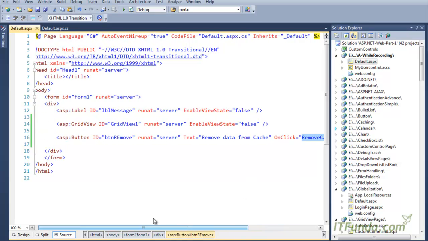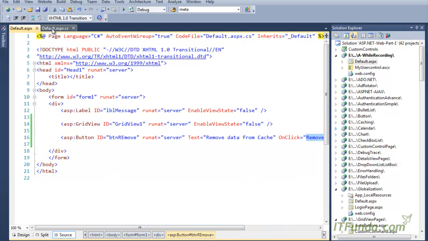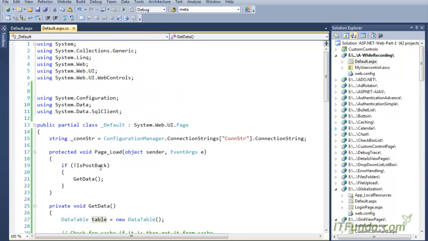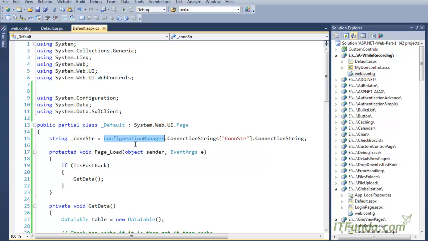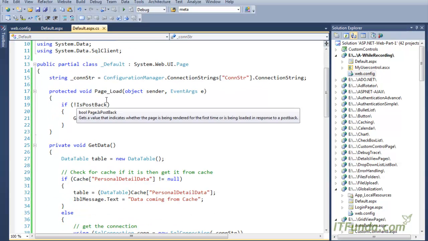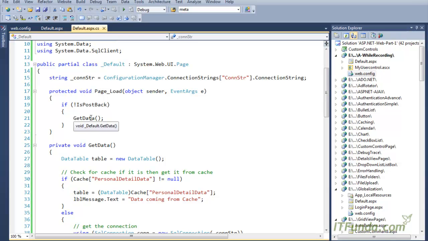And in the code behind, we first have a _constr string variable at the page level, in which I am retrieving the value of the database connection string using the ConfigurationManager object that exists in the System.Configuration namespace. And then in the page load event of the page, we are checking if it is not post back,